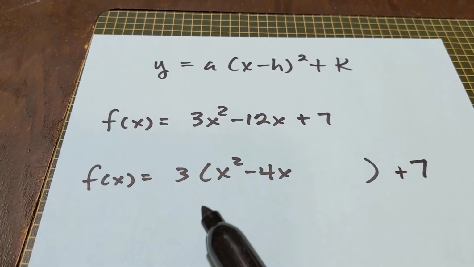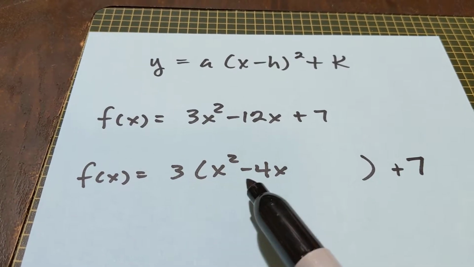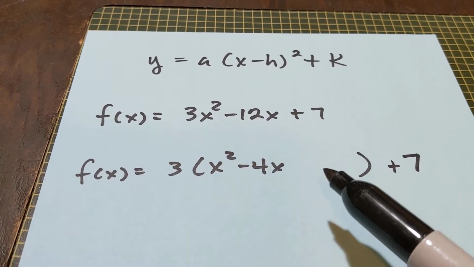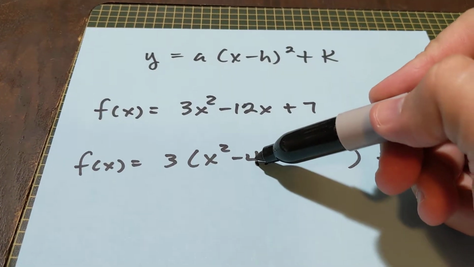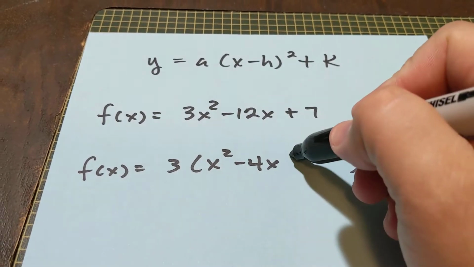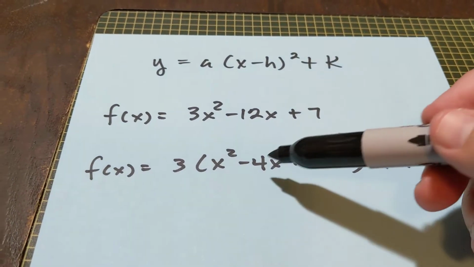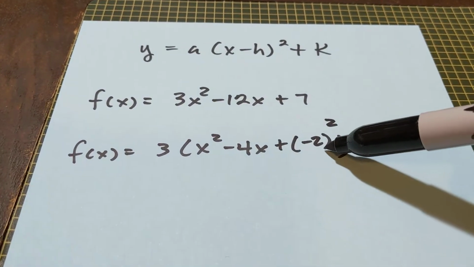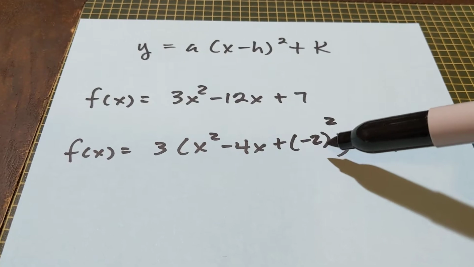And so if you factor out a 3, you get x squared minus 4x. Notice that if you multiply here, 3 times x squared is 3x squared, and 3 times negative 4x is negative 12x. So the question is, what goes here? Well, remember, it's half this term. Half of negative 4 is negative 2. So I write negative 2, put it in parentheses, and I'm going to square it,